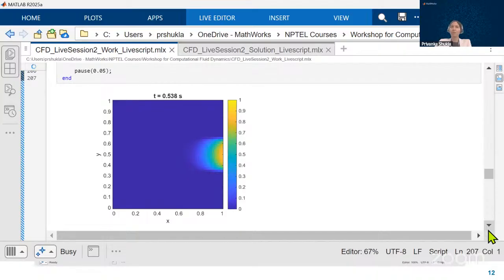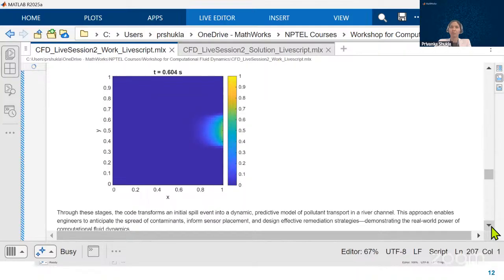Now, if you observe, the circular blob is almost out of the domain, and we only have some partially filled cells now. So through these stages, the code transforms an initial spill into a dynamic predictive model of pollutant transport in